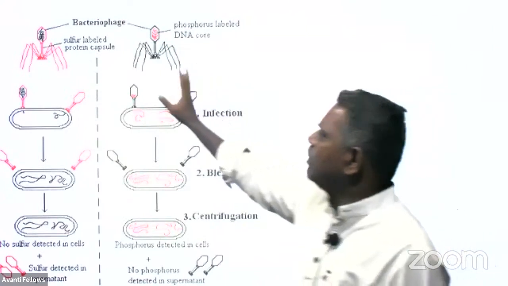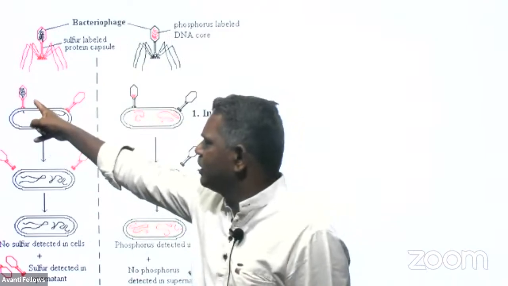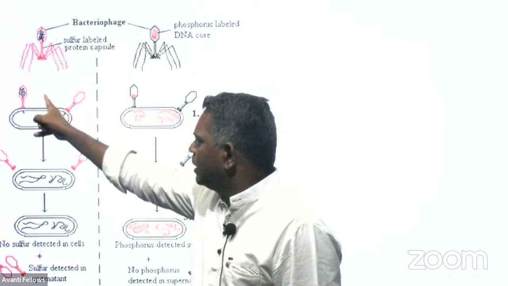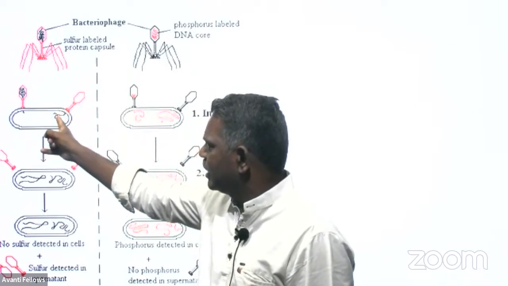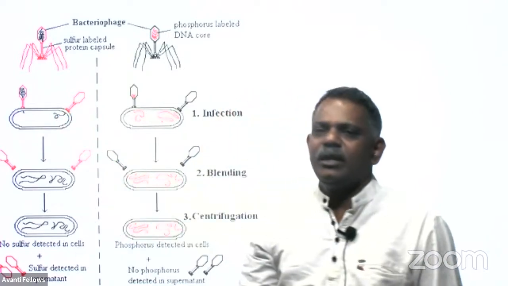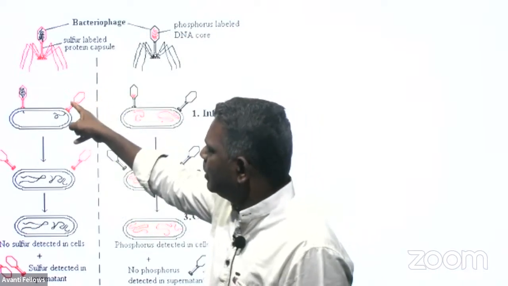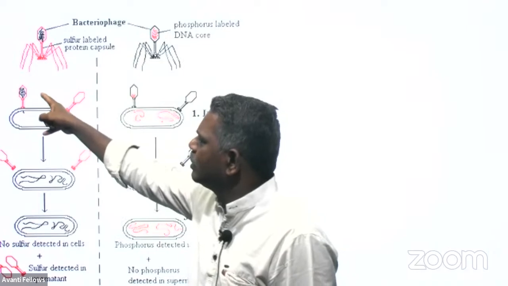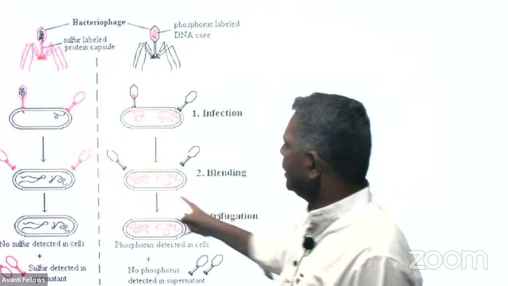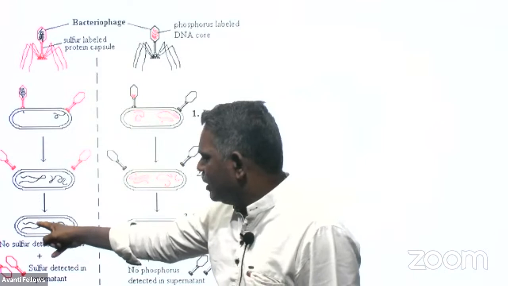And allow these two bacteriophages to infect this bacteria. See, after infecting this bacteria with this bacteriophage, it is sending only the DNA inside. You can see that the black colored DNA is taken inside, and it is not radioactive. But the radioactive sulfur present in this protein coat remains outside only. And through the process of blending, it can be separated, and it goes for centrifugation and collects the DNA